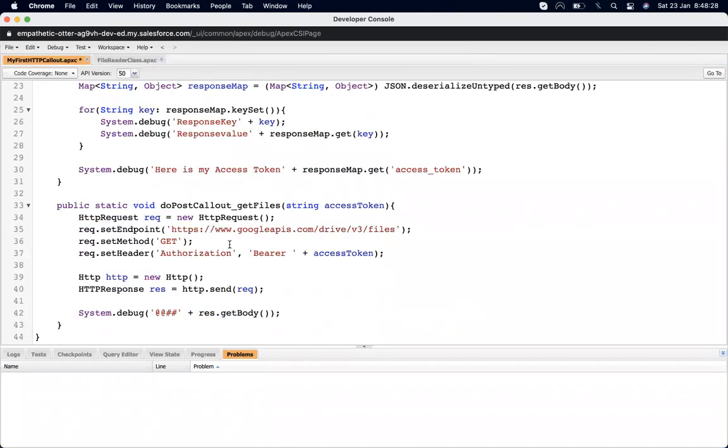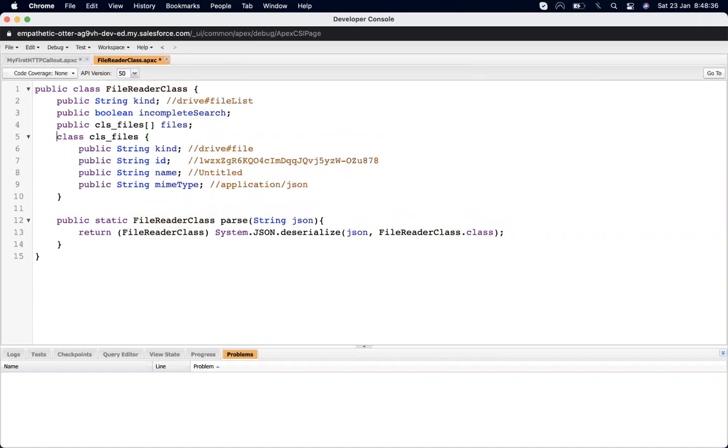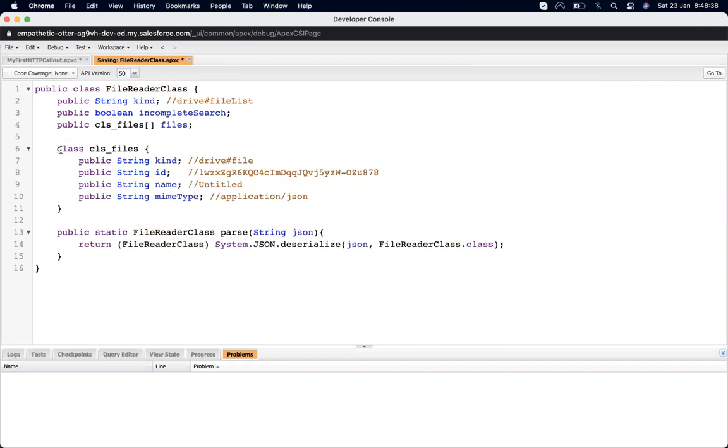It's very complex. Can you explain how it works? Class name is file reader class. Inside it, is this parse method like a main method or something? It's just a method.